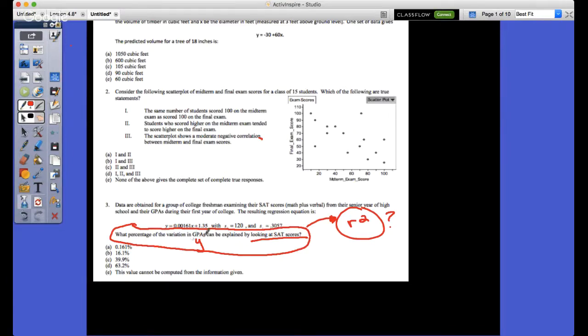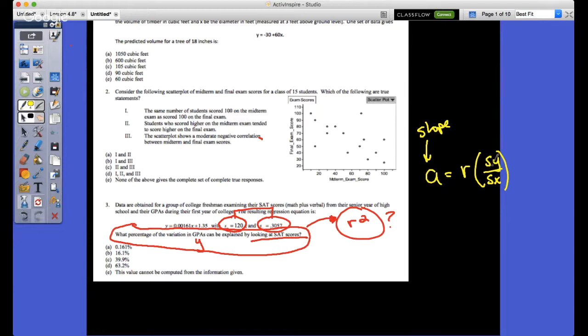So when we look at what percent of the variation in GPAs can be explained by looking at SAT scores, we remember, okay, hold up. I don't know my R, but I know my S of y and my S of x. Real quick, if I see S of y and S of x, that means it's the standard deviation of my y variable and the standard deviation of my x. The first thing I would do is stop and remember, or look up on the board, that the equation is r times S of y over S of x, and this refers to my slope.